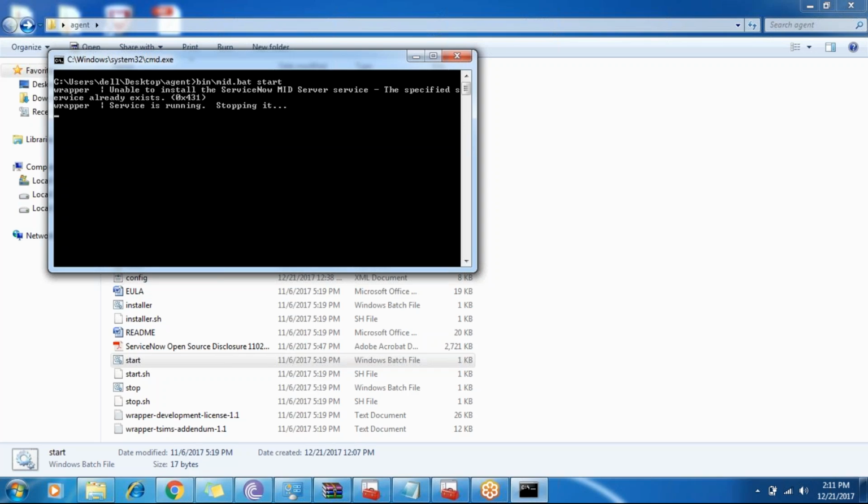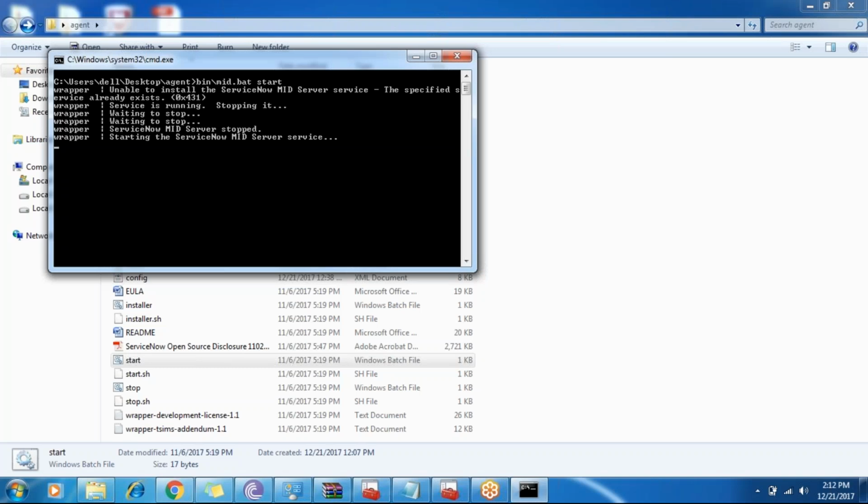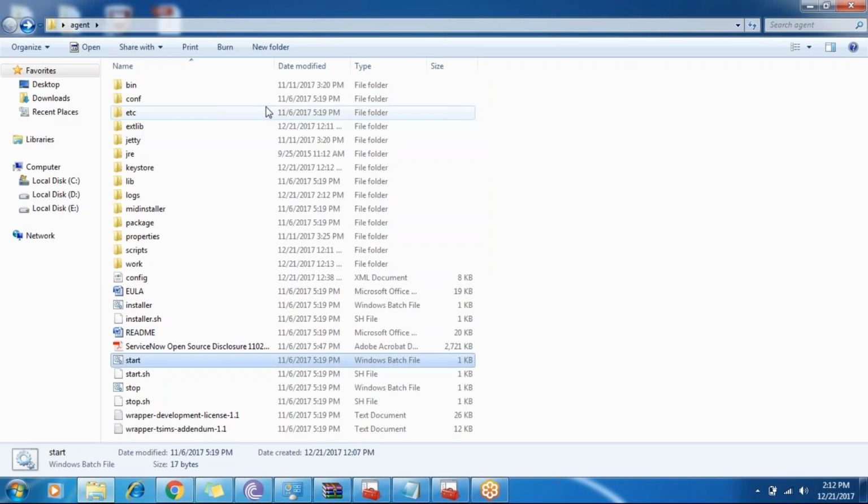Mine was already started, so it is first stopping and then restarting. At the first time you will not get this because you are starting the server for the very first time. I'm getting this stopping and restarting because it was already started on my server. With this step, my machine has become a MID server.